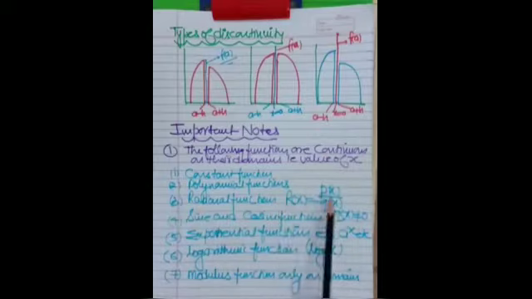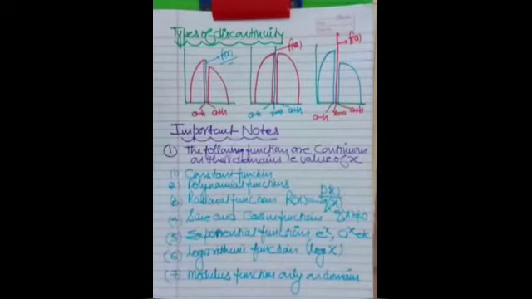Now rational function, that is polynomial upon polynomial, always continuous. Sine and cosine functions are continuous. Exponential functions e to the power x, a to the power x, 2 to the power x, 3 to the power x, like that. Logarithmic functions are continuous. Modulus functions are continuous on their domain. These are standard functions, always considered continuous on their domains. We always consider these functions continuous on their domain.